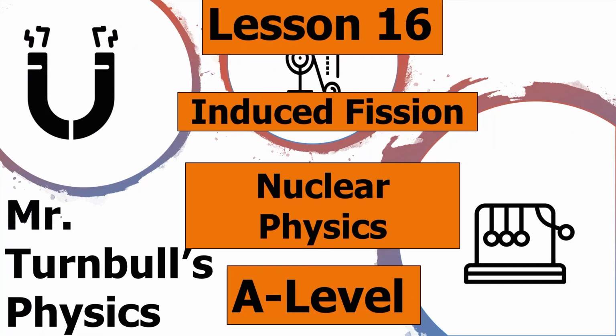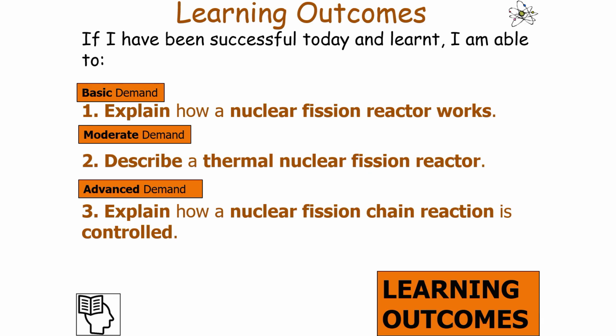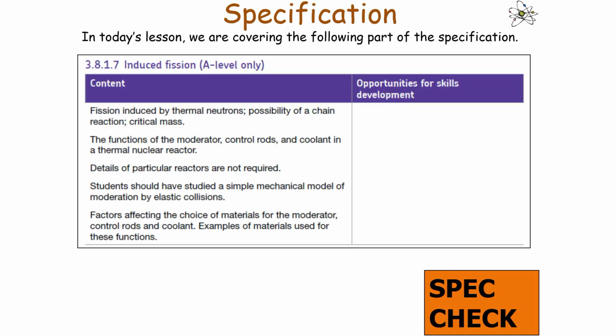Hello and welcome to this lesson on induced fission, which is part of the nuclear physics topic in AQA A-level physics. So in today's lesson we're going to look at explaining how a power station carries out fission safely. So if we've been successful and we've learnt in today's lesson, we should be able to explain how a nuclear fission reactor works, describe a thermal nuclear fission reactor, and explain how a nuclear fission chain reaction is controlled, which links into the following part of the AQA A-level physics specification,